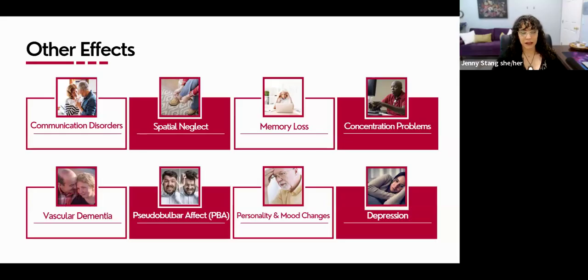Often there's this understanding that the response does not match the feeling, and the cause is a neurological disconnect between the brain's nerve connections or the chemistry that interferes with accurate emotional expressions, okay? The good thing is, though, that PBA can be treated. We just want to get an accurate diagnosis first and then talk to your healthcare professional about treatment options.